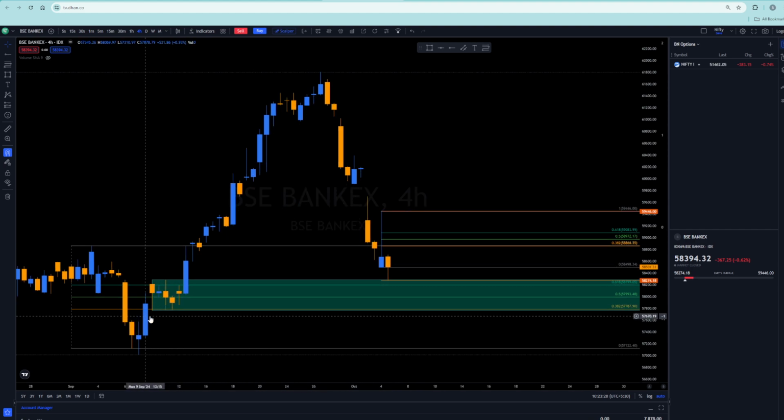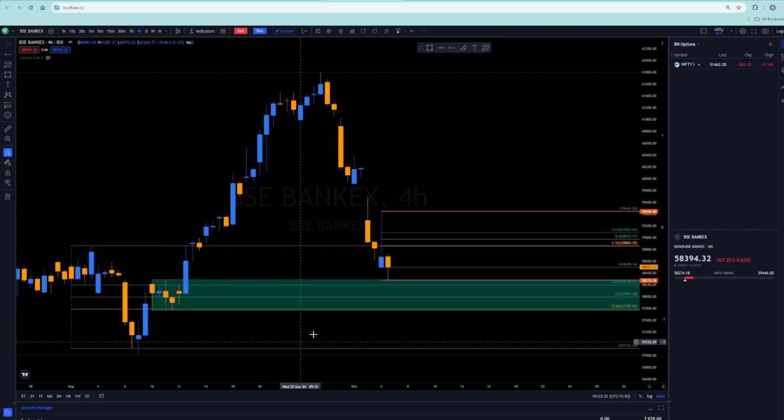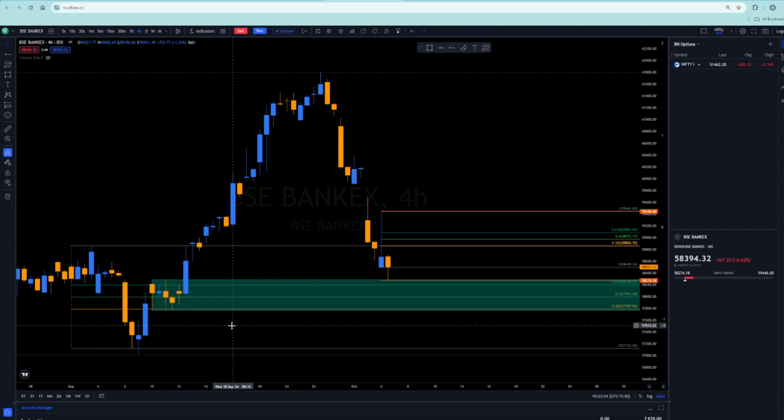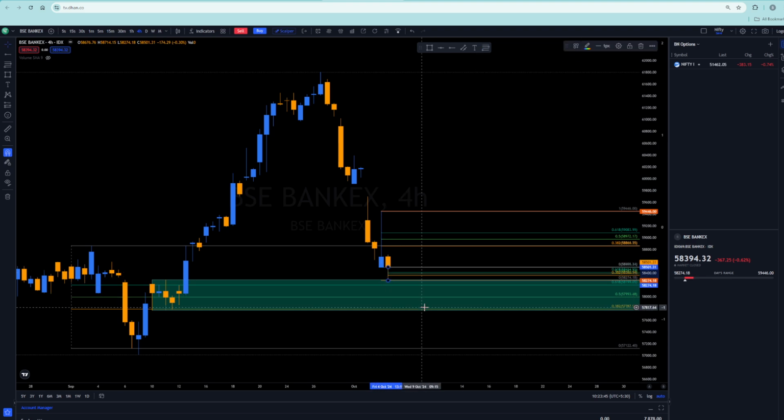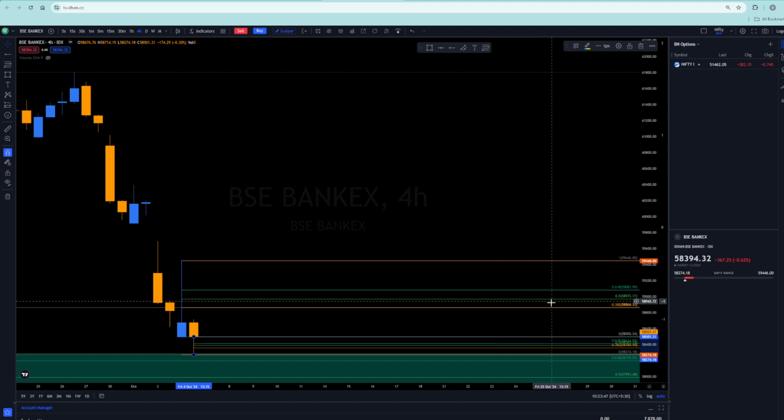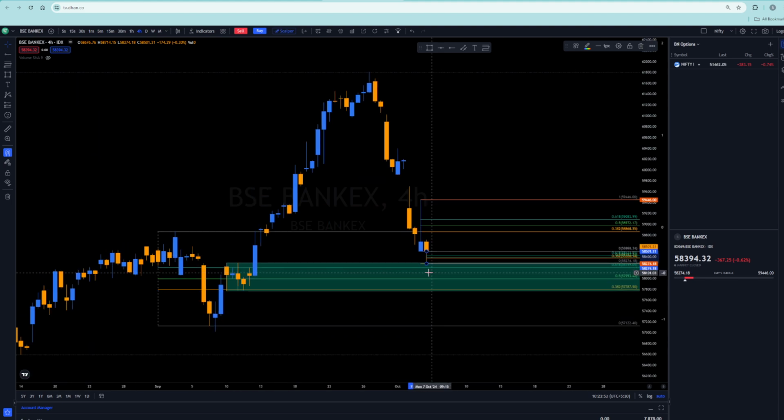Four hours again, there's this fair value gap, and this is a small wick. We can still mark it. These levels are around 48,400. So again, if the market opens below